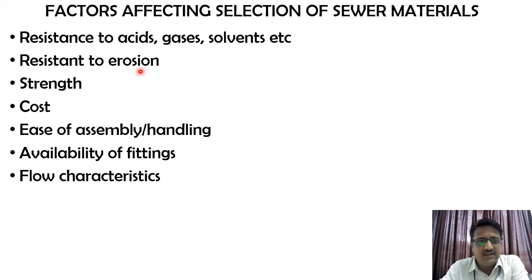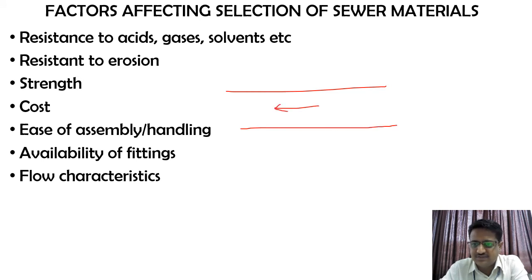And regarding erosion, imagine this is the sewer pipeline, and this is how the sewage is flowing. Usually in sewers, the flow will not be full, it will be a partial flow. For a water supply system, most of the time the entire diameter of the pipe will be covered with the flow, whereas for sewers it will usually be 50% flow. So at that point of time, what will happen?